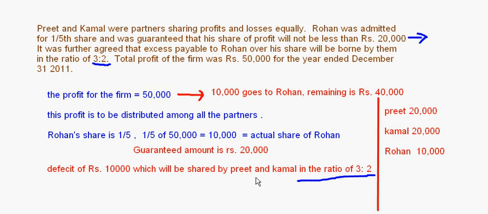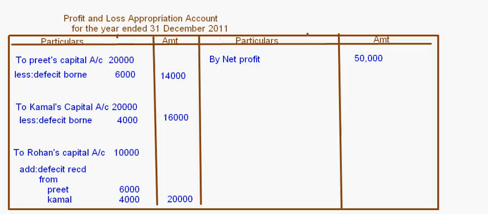Whatever is the deficit, that will be shared among the other partners in the given ratio, that is 3:2. Okay. Now in some of the cases the deficit may not be borne by all the partners. In some of the cases the guarantee is given by only one partner,